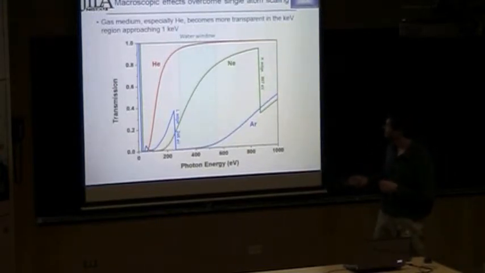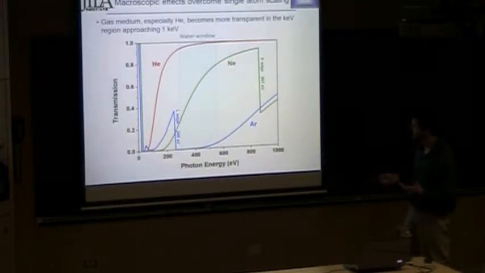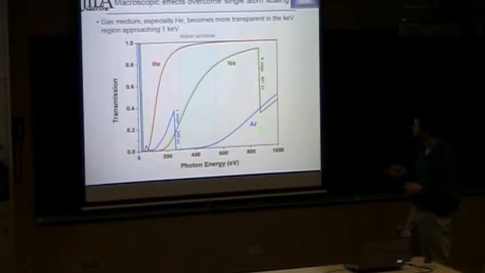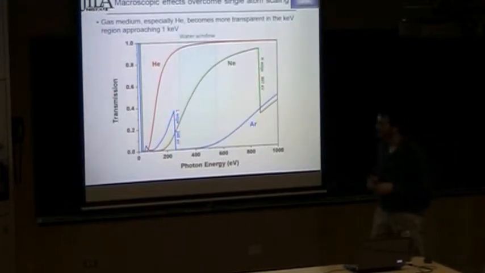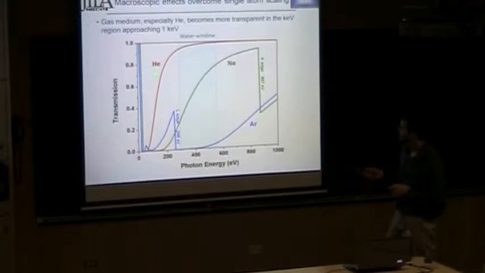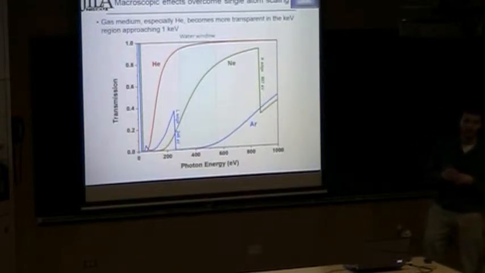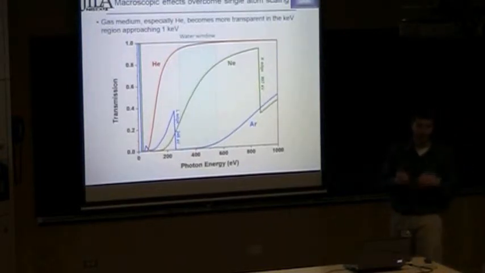And so for argon and neon, as we go to higher photon energies to phase match, they have inner shell absorption edges that drop the transparency quite a bit. We think this will ultimately limit how far we can go with them. But with helium, as you move away from the extreme ultraviolet and into the soft X-ray, it becomes much, much more transparent, which would make it possible to use a longer harmonic generation medium. And so then you get more atoms adding up coherently, which makes up for the fact that each atom is emitting less.